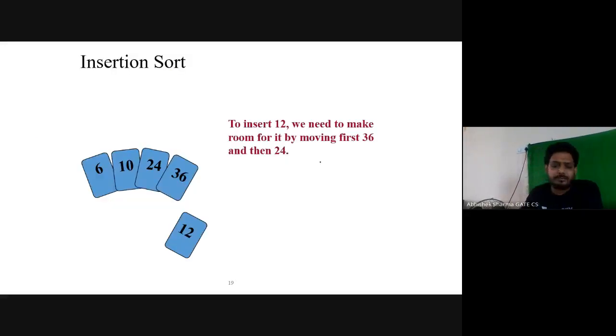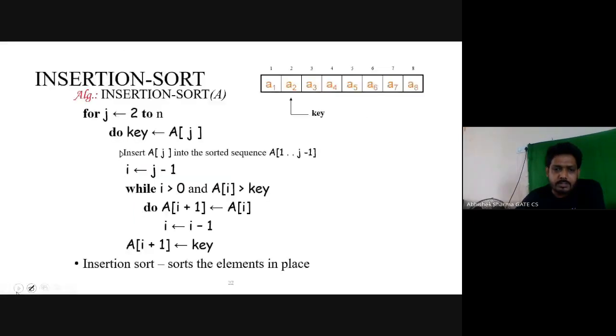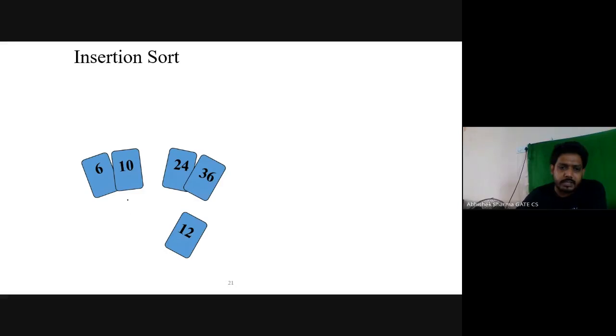Suppose this is the card that you are holding right now, and you want to insert 12. So what you do is you take the 12 and put it in this position between 10 and 24. This is the correct position, and here you insert this card number 12.